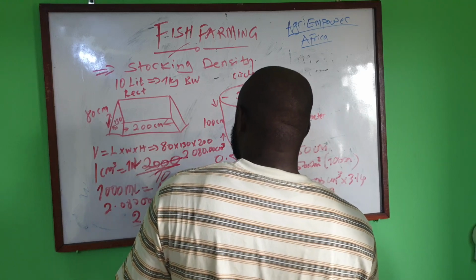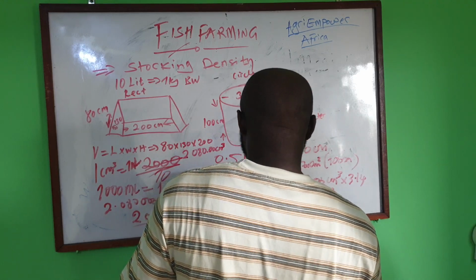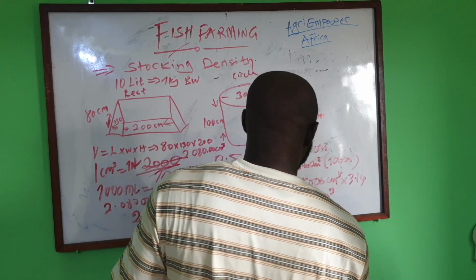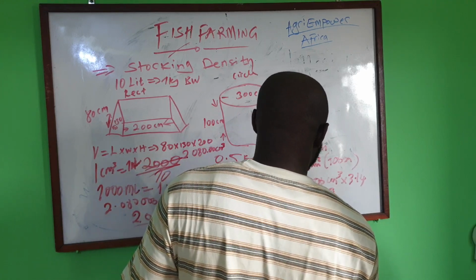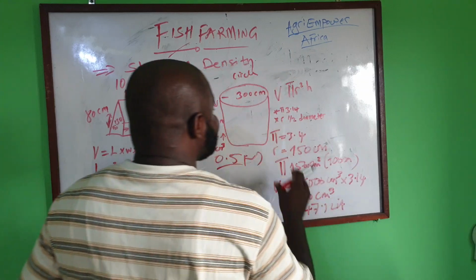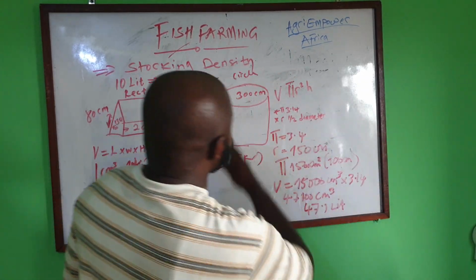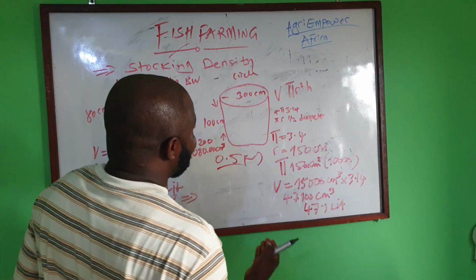Of course, you do the similar calculation, and at the end of the day, the volume of water inside will give you 47.1 liters. Having these figures at hand, of course, we already know you have a circular batch, which to find